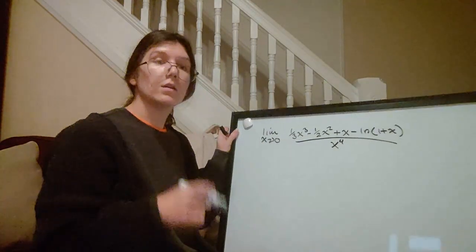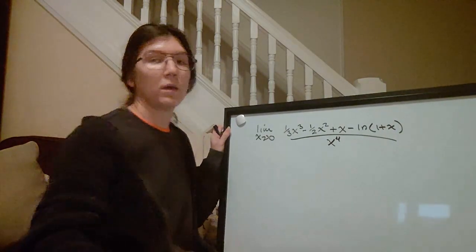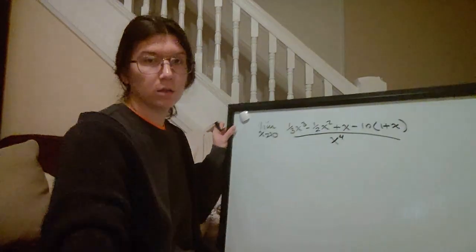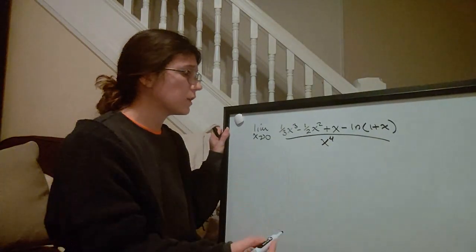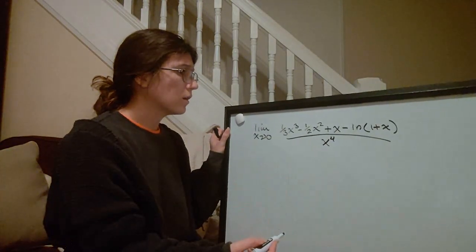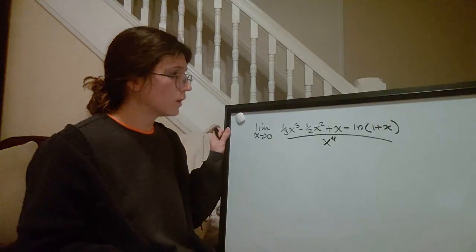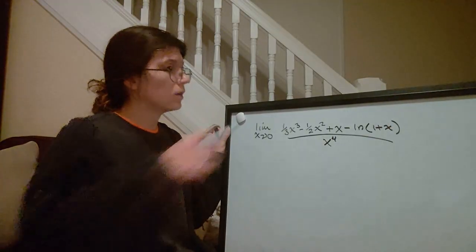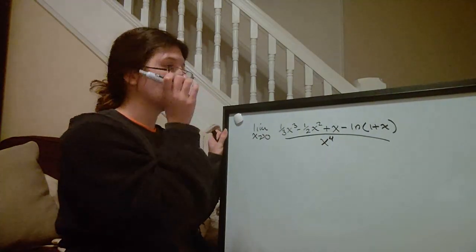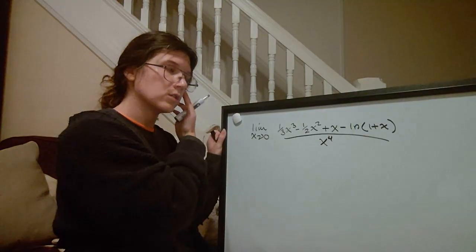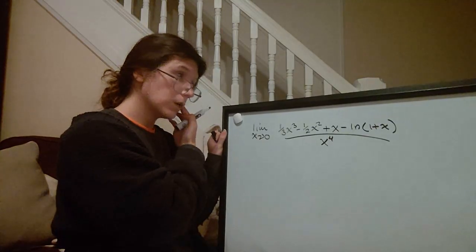So they say specifically use series to evaluate this limit. I was just thinking initially what would happen, because we couldn't plug in 0 because it's divided by 0. We would need to divide by our highest power of x, which is x to the 4. So we'd have to divide everything by x to the 4. And I don't know if we could do that as easily as one may think because we have an ln in there. So I think this just gets funky. I actually didn't really think about what we would do if we just plugged in x to begin with, but